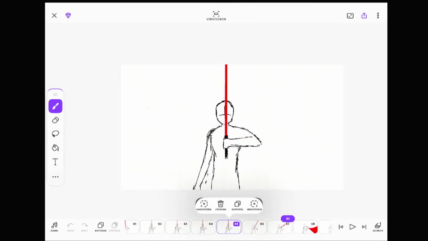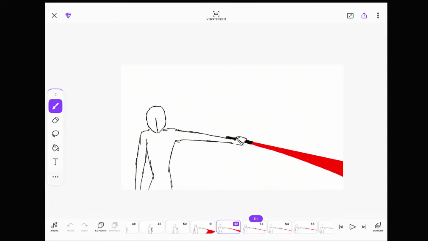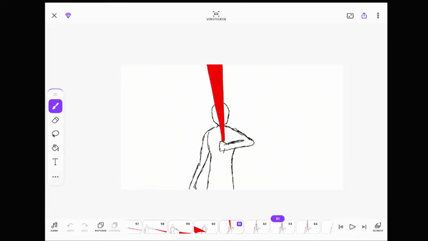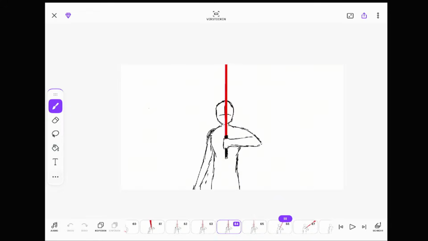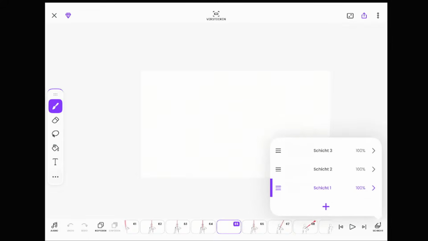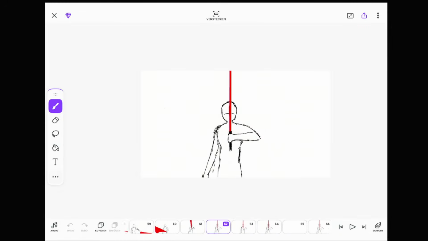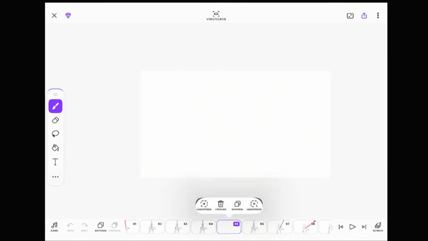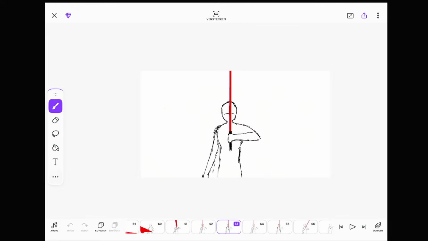So maybe we can do it. Let's see. So, close-up. I think we can animate a close-up earlier.